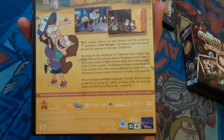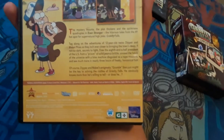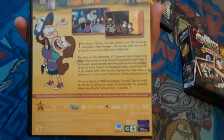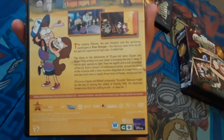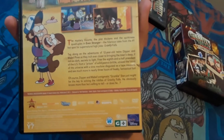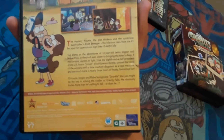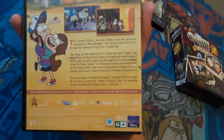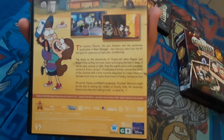Free the 8.5 President of the United States from a prison of solid peanut brittle, unravel the fabric of the universe with a time machine disguised as a tape measure, and see much more in nearly 3 hours of freaky, fantastical fun. Of course, Dipper and Mabel's enigmatic Grunkle Stan just might be the key to solving the riddles of Gravity Falls. He obviously knows more than he's willing to tell. Or does he?" And at the bottom, we see the Disney Channel logo, the current one that's been used since